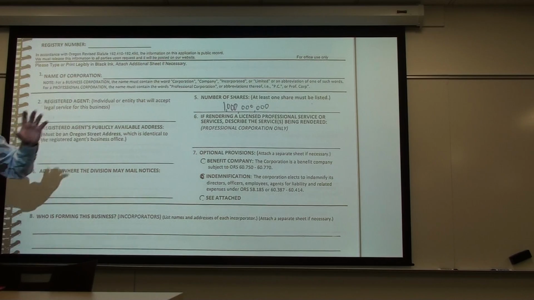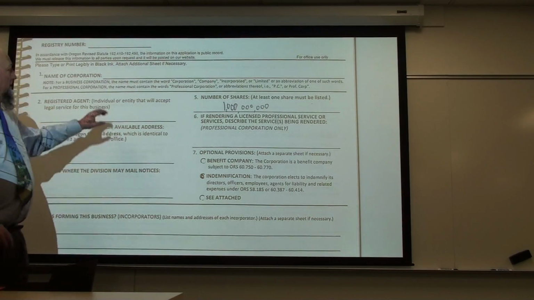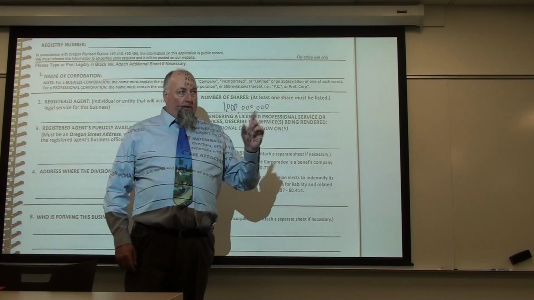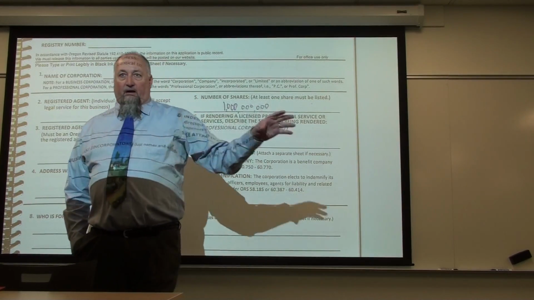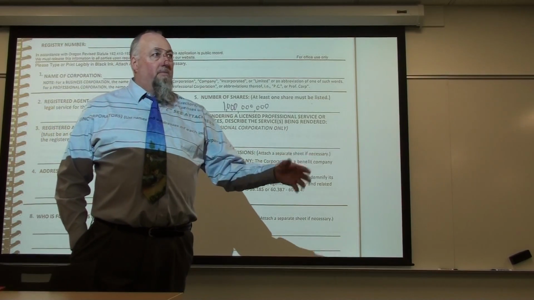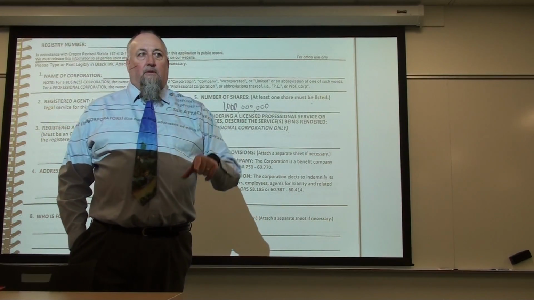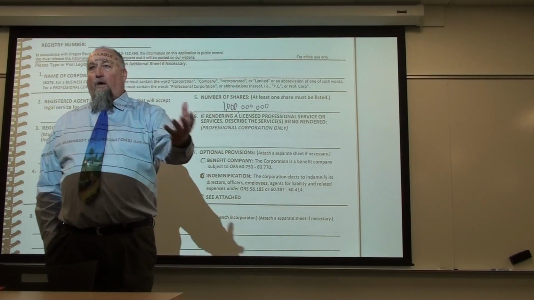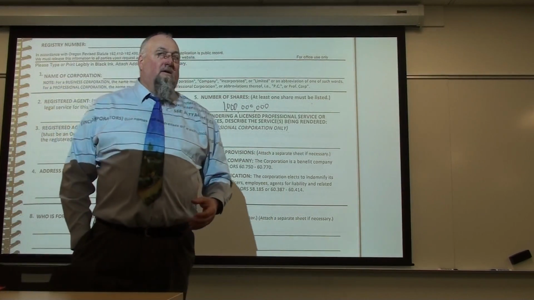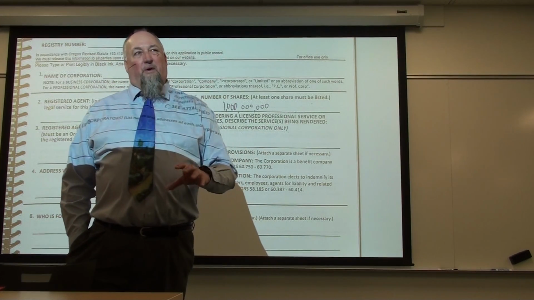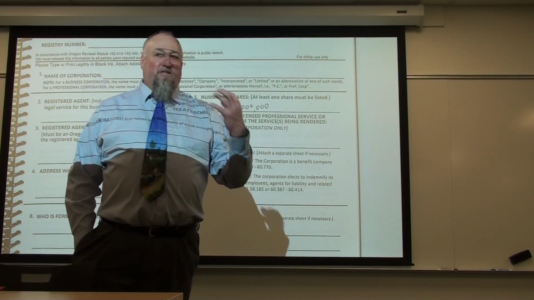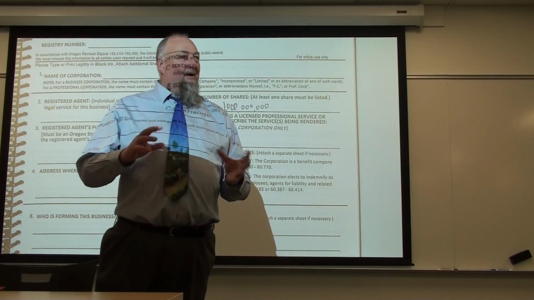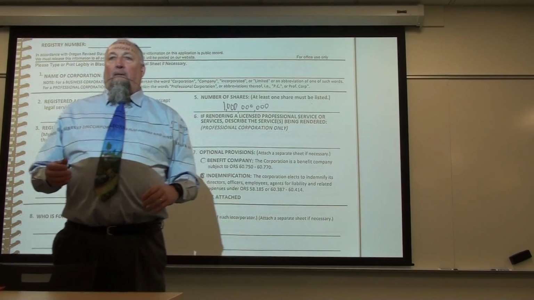Okay, so when you start a corporation or an LLC, the name of the business must include corporation, company, incorporated, or limited, or an abbreviation, right? So if I'm going to have Hasbrook's Hamburgers, and I'm going to be an S Corp, Hasbrook Hamburgers Incorporated, all right? Now, when I put my sign on the front of my restaurant, I have a menu, I have a website, I go on Yelp and all that stuff. Hasbrook Hamburgers Incorporated is not very visually appealing, it doesn't really make you want to eat a hamburger if it's incorporated. It's just not, from a marketing standpoint, it's kind of icky for a restaurant, as opposed to just Hasbrook's